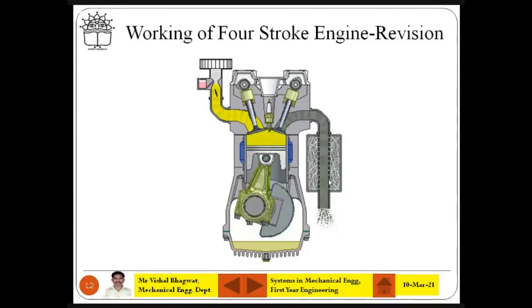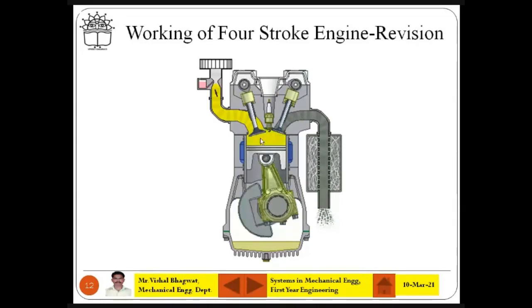So 4 strokes. And for the 4-stroke, if you observe, there are actually 2 revolutions of the crank. This is extra weight that you can see connected to the connecting rod. It is rotating here. So 2 complete rotations, 360-degree rotations, for the crank for 4 strokes of the engine. So the engine is called a 4-stroke engine. Okay? Are you clear with this working of the 4-stroke engine? Is it clear?